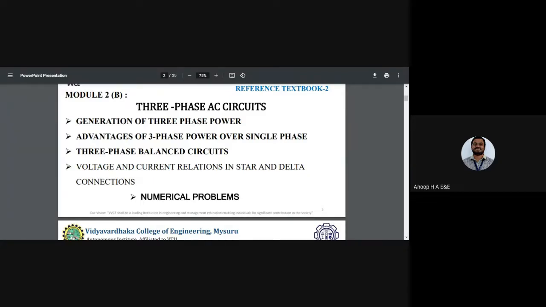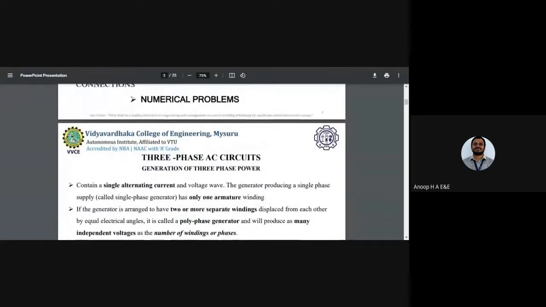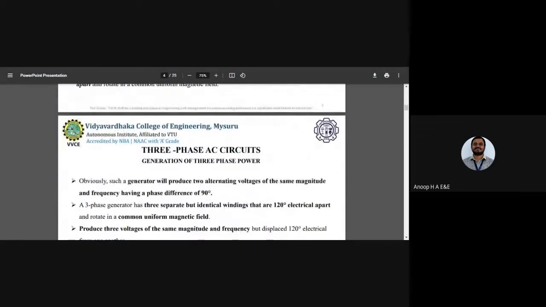That is the derivation part: how you need to write down the circuit, and how you need to understand, in each type of circuit, the relation between the line voltage and the phase voltage, and the line current and the phase current. All of these will be highlighted in detail, and we'll cover these concepts with respect to three-phase AC circuits. So let us start quickly with how you can generate three-phase power and what led to its development.